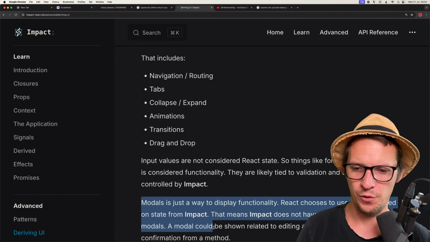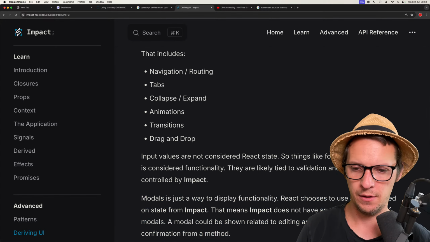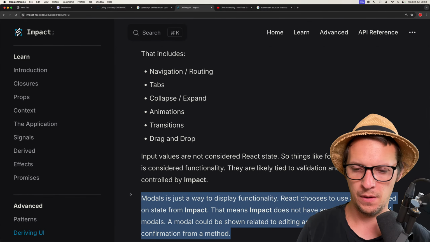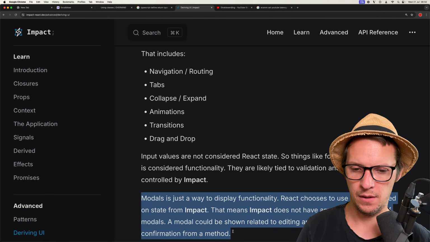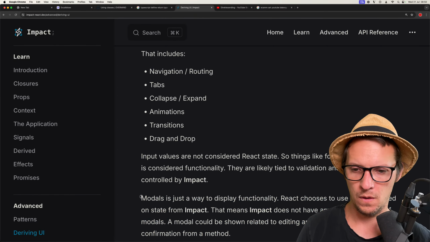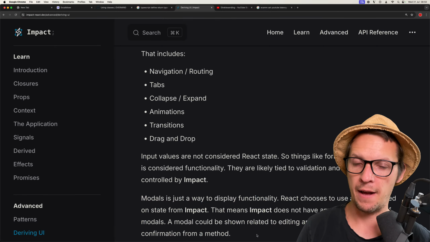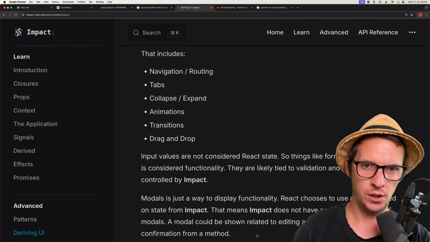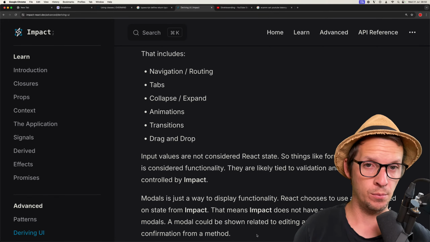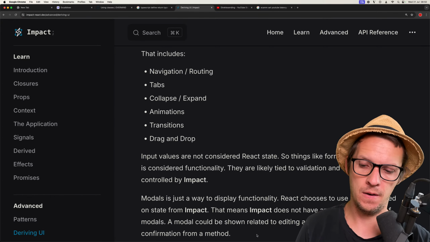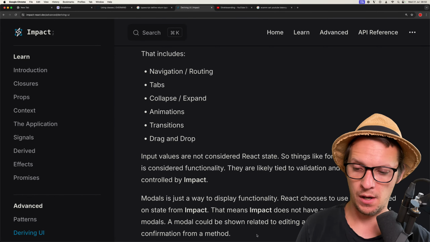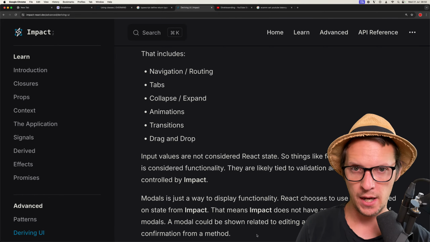Because even modals, it's so much easier to handle modals if you do it globally. You can just rely on different states, and even have the possibility to do something async inside your state store and then close the modal after that async thing is done, not having to rely on UI or a React component to do that.